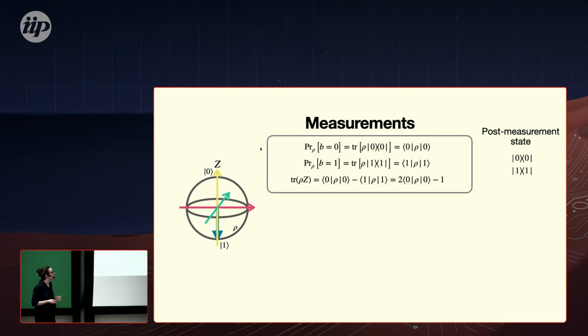All right. And we know the decomposition of our Z matrix. Our Z matrix is just the 0,0 outer product minus the 1,1 outer product. If we take the trace with our rho, we see that these two probabilities that we really have direct access to, if we just measure many, many times, are in there. And even better, we only need to estimate the probability that we're in the 0 state, and from that we can infer the expectation value with the Z Pauli. Great, 1/3 of your task is solved already.